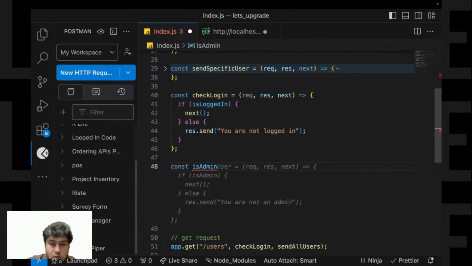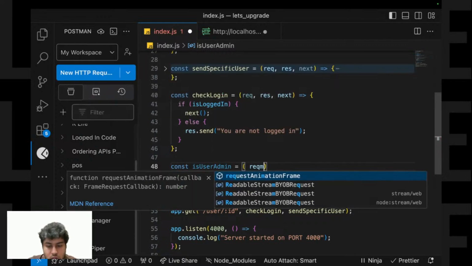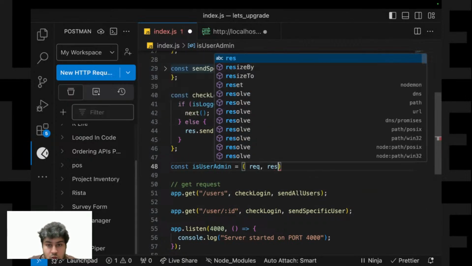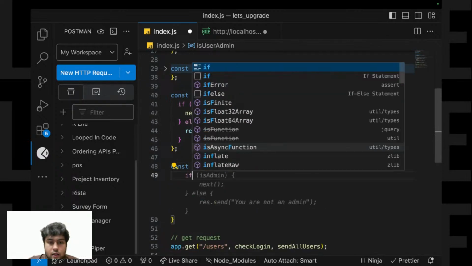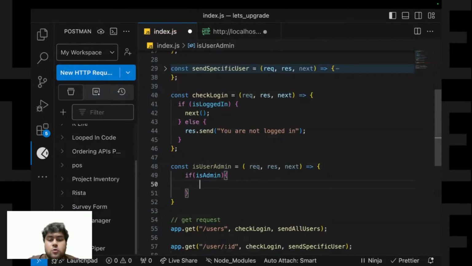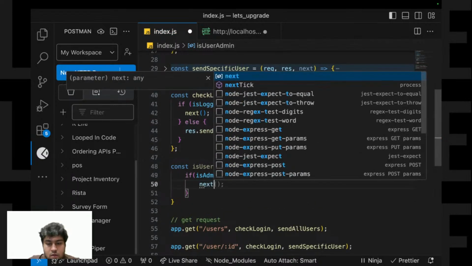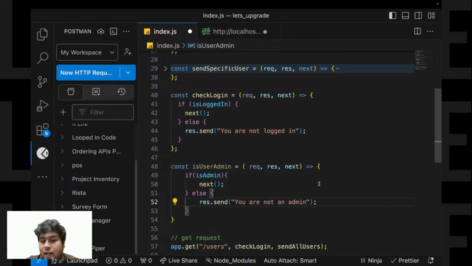Let's call this is user admin, and I'll say request, response, next, and I'll say if is admin, go to the next function, otherwise send a response saying you are not an admin.